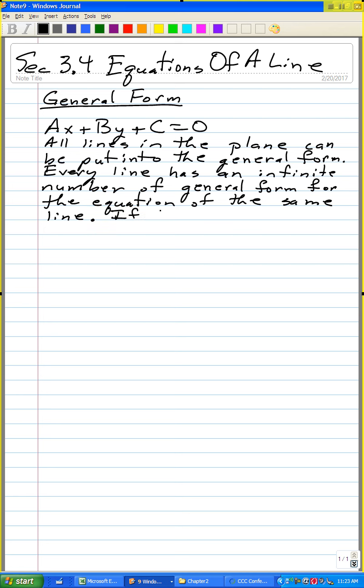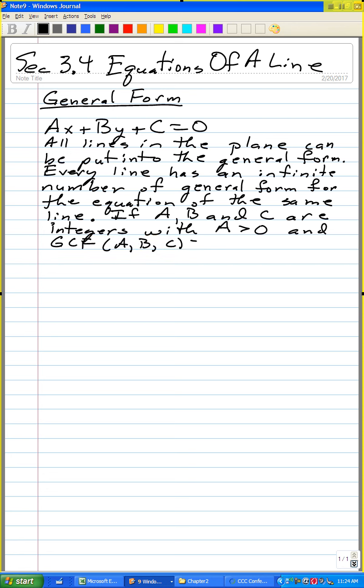So if A, B, and C are integers, with A being greater than 0, and we assume that there are no common factors for A, B, and C, so the greatest common factor between A, B, and C is 1, that means that these are relatively prime,